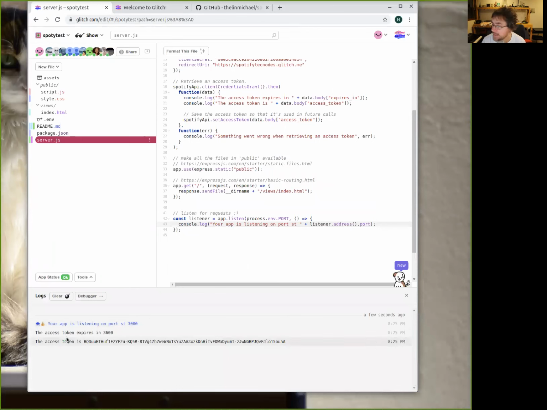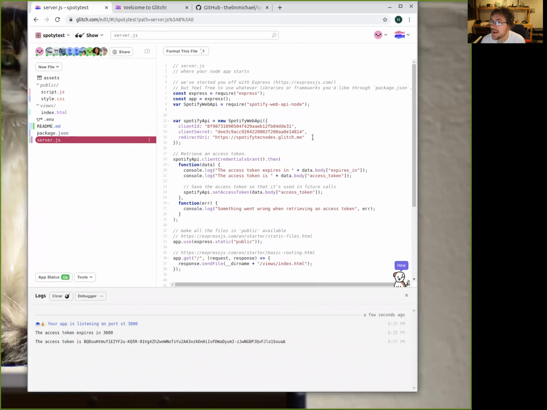This access token expires. Can you see this access token? The access token is this number. This number was retrieved because the server that I have on Glitch, the Glitch computer, is connecting to Spotify with these secret numbers. And then Spotify is giving you the key for connecting, because we say, hey, I'm giving you these two numbers.